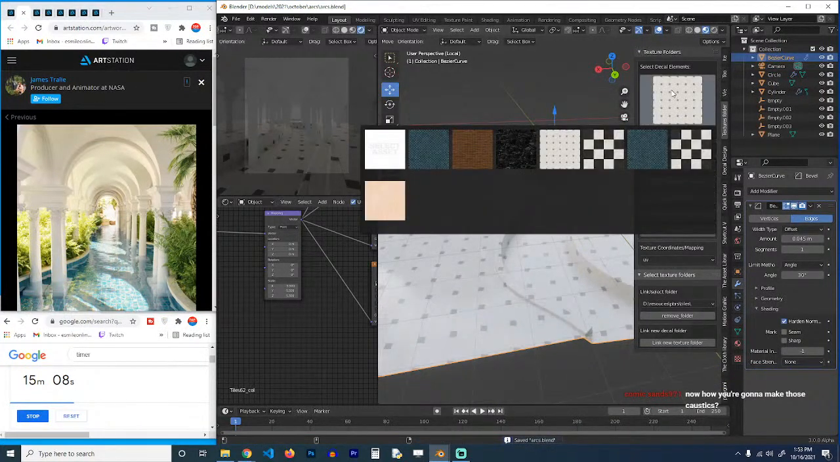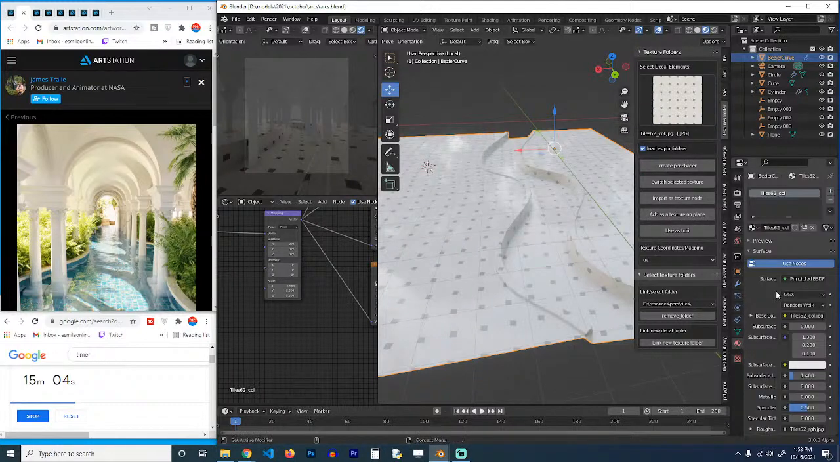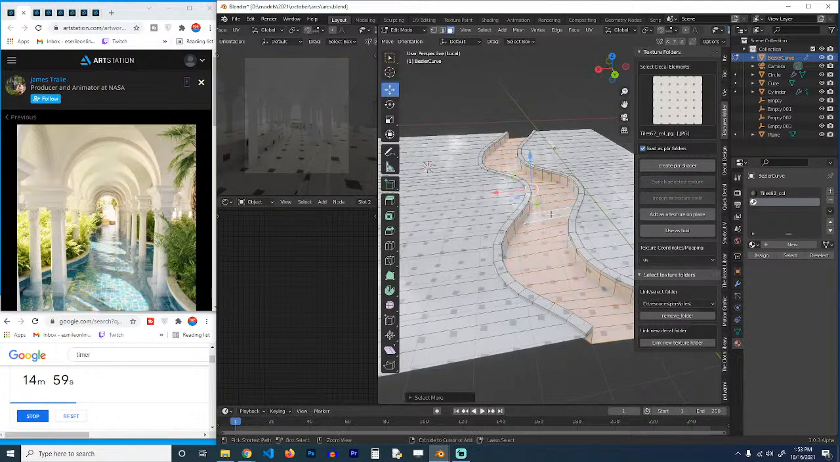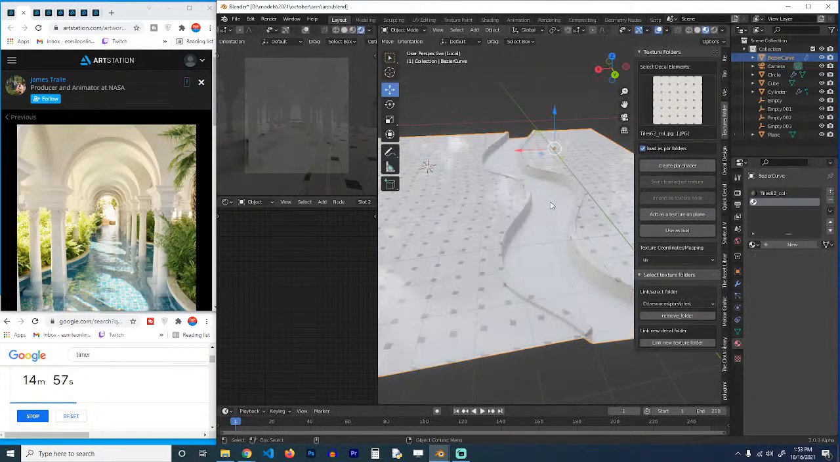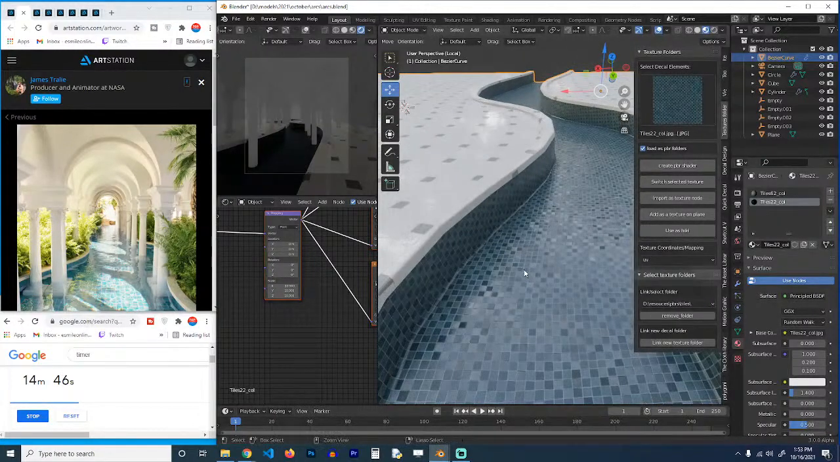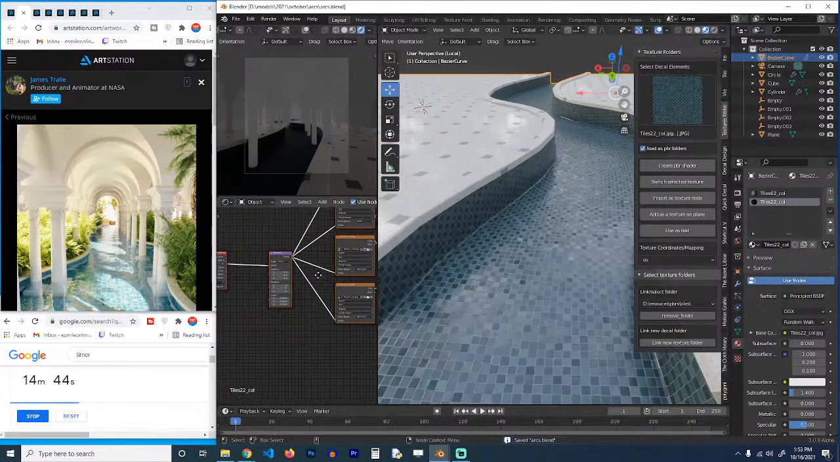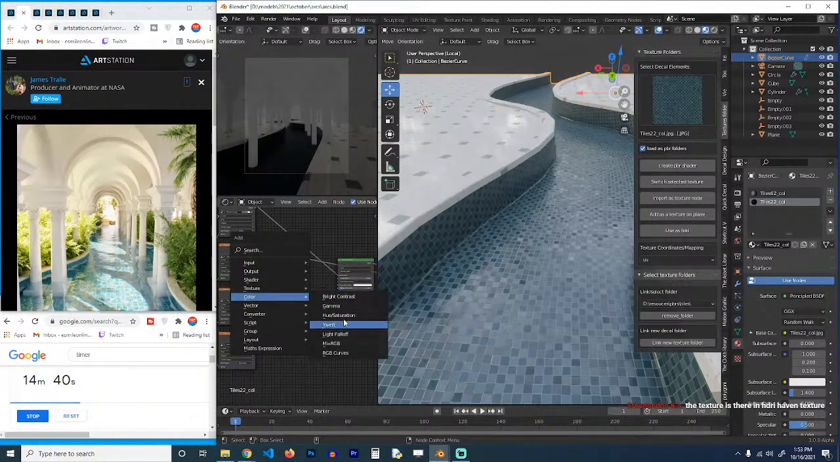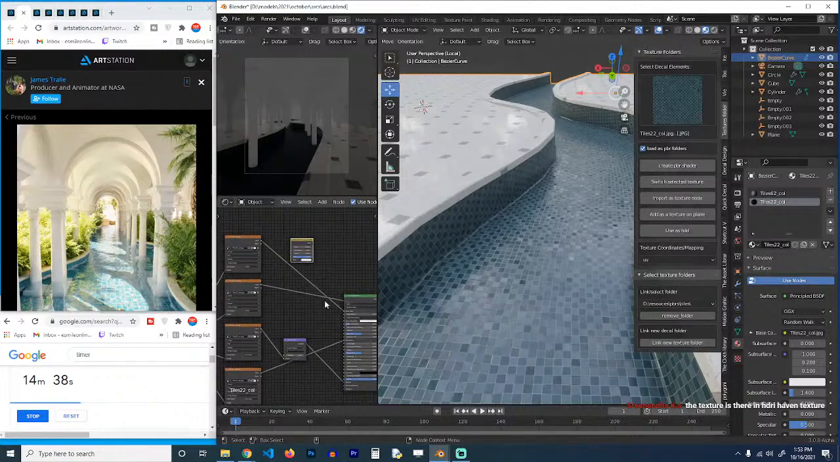Now for the blue tiles, I think we can use these or these. So I'm just going to create a new material slot. Just grab this bottom part, assign it to that material, and get this create material. Just scale this down quite significantly. They're too dark, so I'm just going to add a color hue and saturation node here,